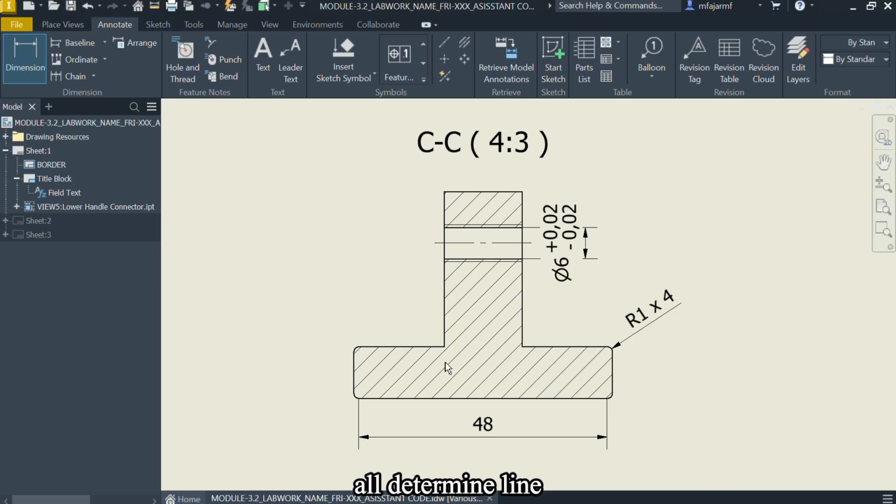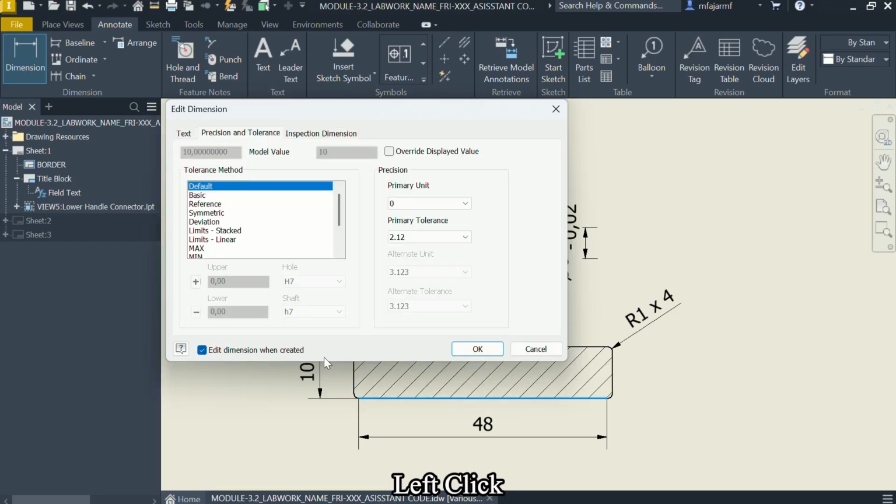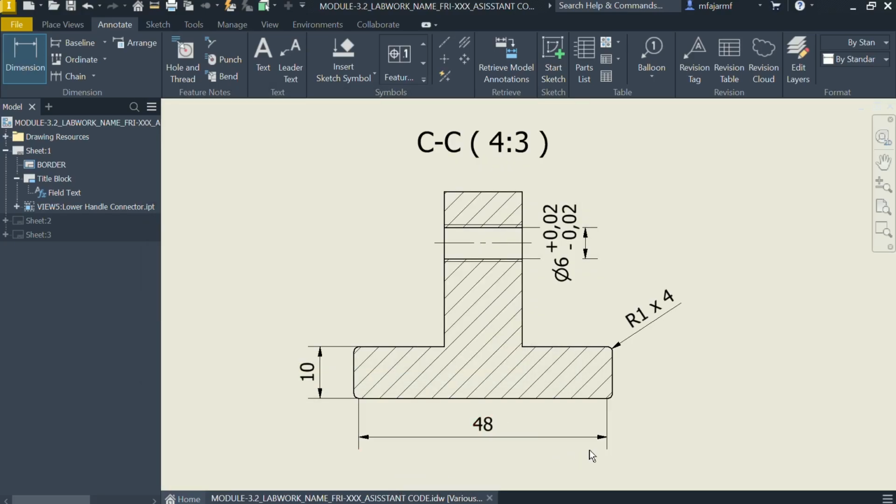Click on all determined lines from bottom to top. Drag the dimension to the left side. Left click. Click OK. And this is the result for this view.